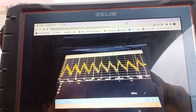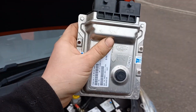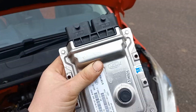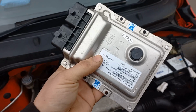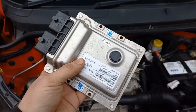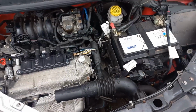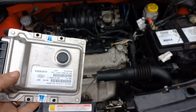Cool. Right, so we've got our ECU back. There we go. It's been tested by the ECU testing company, and they found a fault with it. It went through their R&D department, and they've effected a repair and sent it back to me. So what we're going to do is pop it back in its slot, and we're going to run it up. Now, there are some instructions